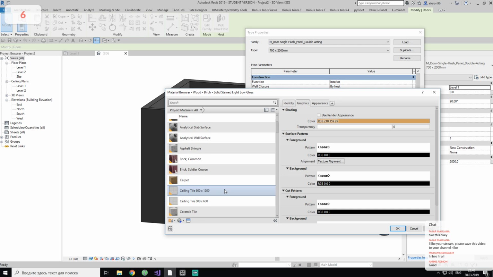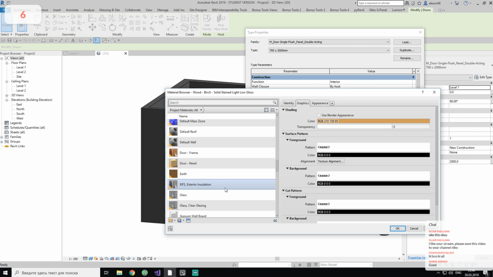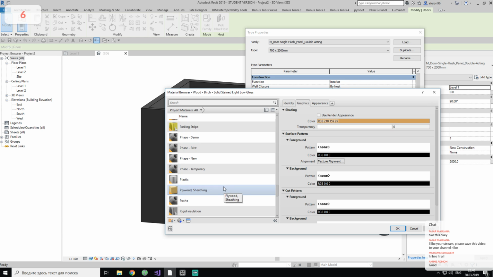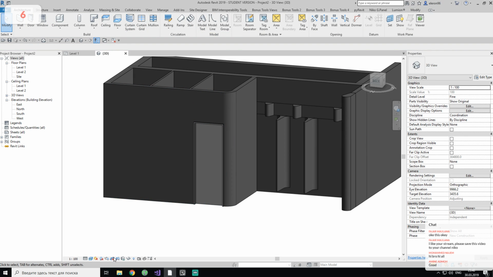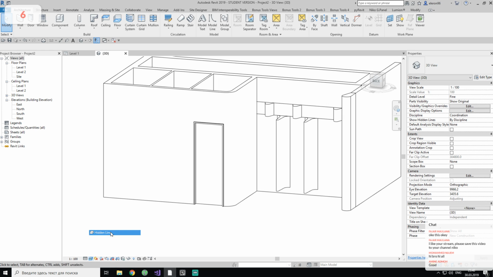I'm pretty sure we have the plastic, but I don't see it now. Just a few seconds. Yes, we have the plastic. Say okay, and let's use the same material for this side. So now this is plastic, this is whiteboard now. Cool. But as you can see, our door is going to full height position, but we should get some gap